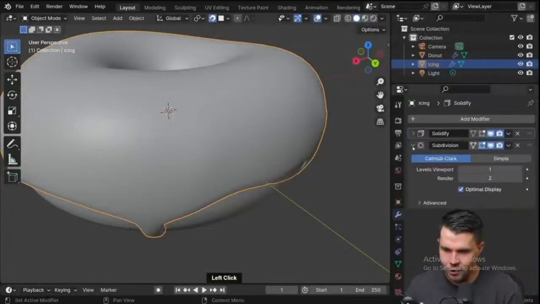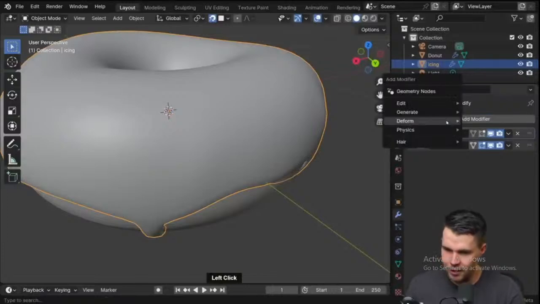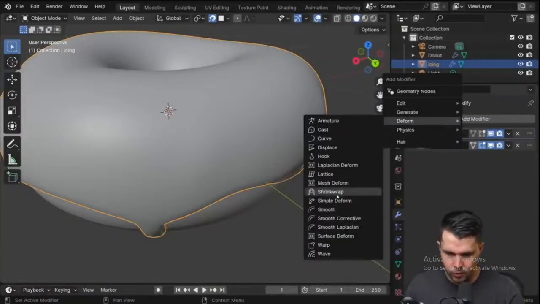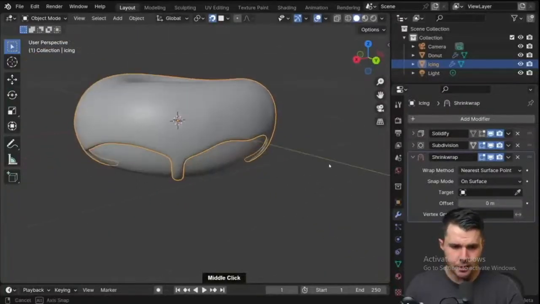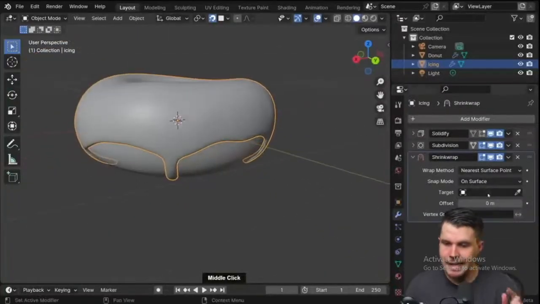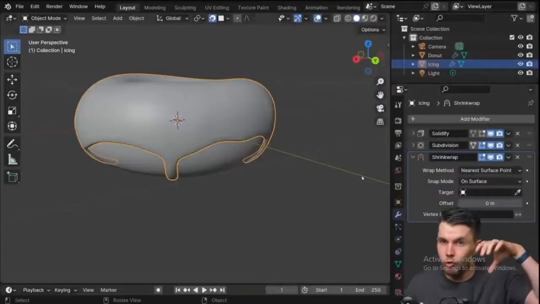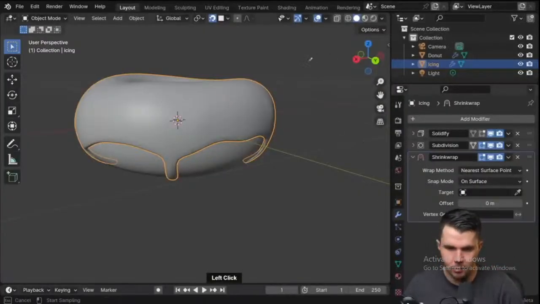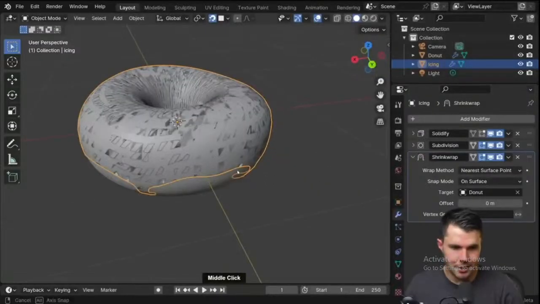So over to our trusty modifier stack, we're going to add yet another modifier. So add modifier. It's not under generate, it's under deform, which we haven't accessed before. The one we're looking for is Shrink Wrap. And first of all, it hasn't done anything because it needs to know what the target is. What is the mesh that we're shrink wrapping our mesh to? So with this little eyedropper tool, you can see when you clicked it, my cursor's changed to an eyedropper. And now if I hover over objects, I get the name of it. So I want to click on the object that is the donut, and now it's snapped to the donut